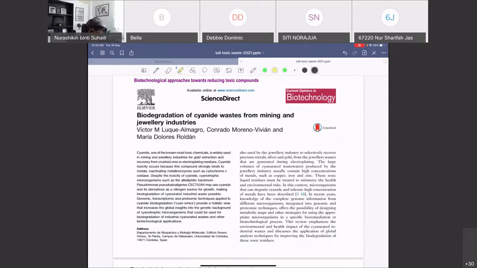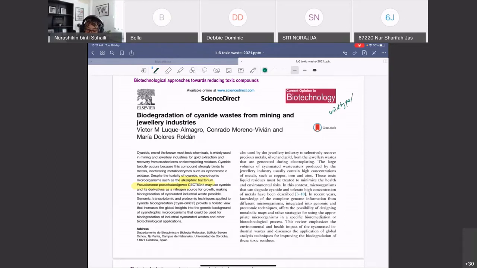You can see from the article they found this bacteria that is capable of degrading the cyanide, Pseudomonas pseudoalkaligenes. So some of these microbes are obtained naturally, or what we call wild type,